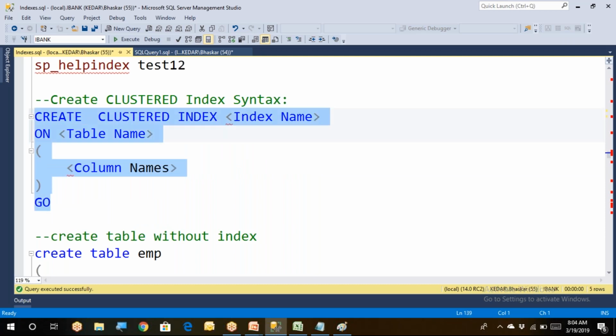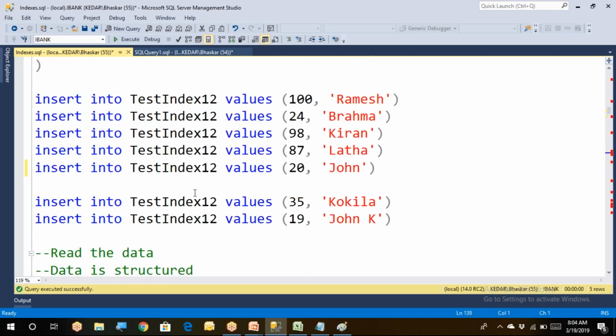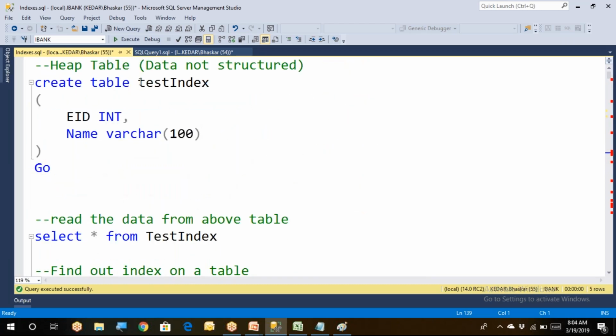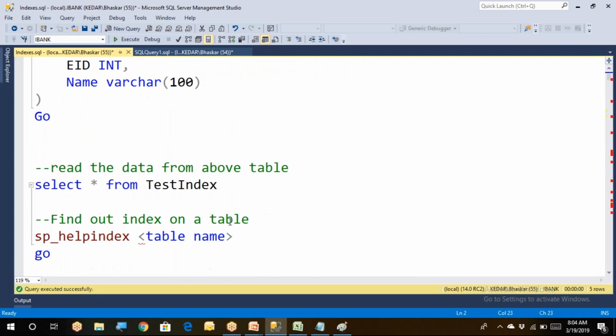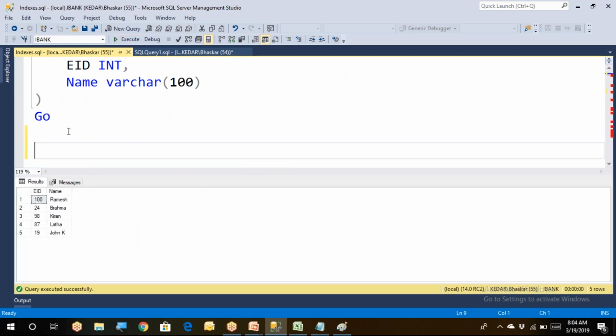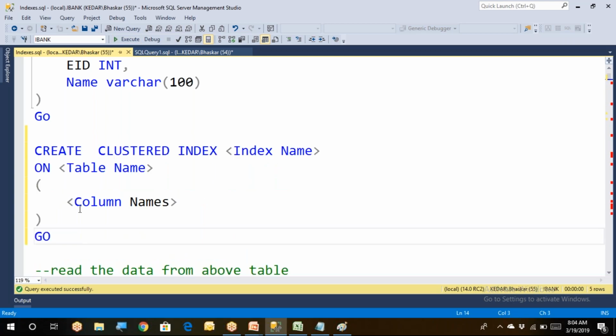Let me take the same syntax here, and let me go up and create. Okay, now I'm going here. So this table does not have an index. Let me show you the data once again. See, the data is not sorted. Now what I'm trying to do is create